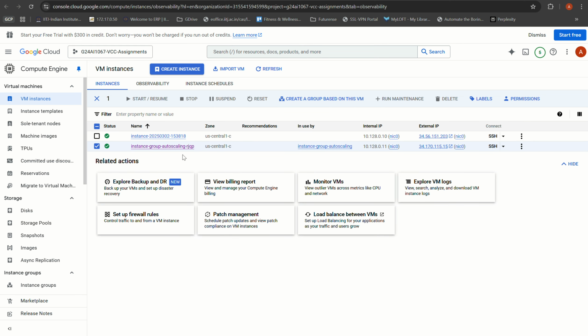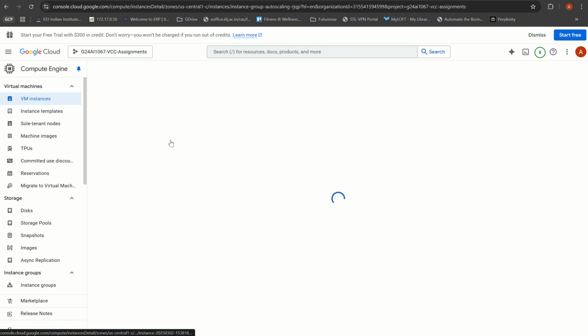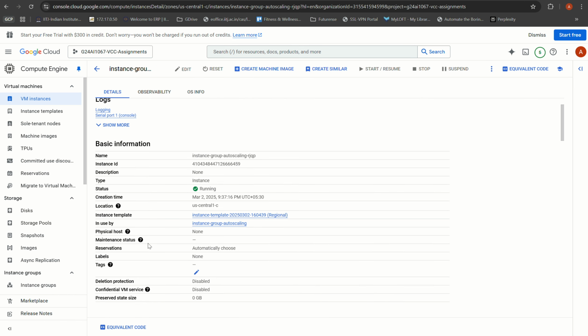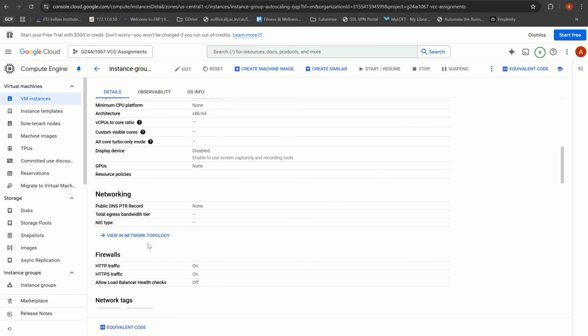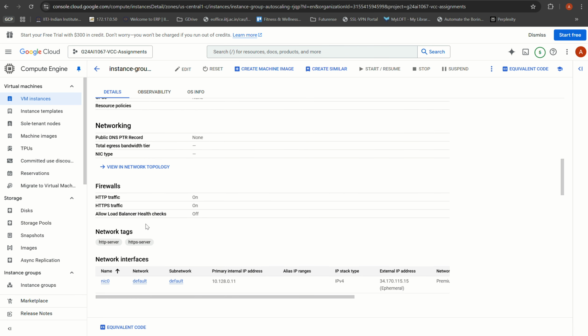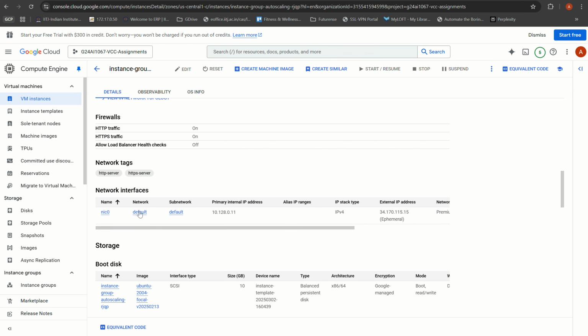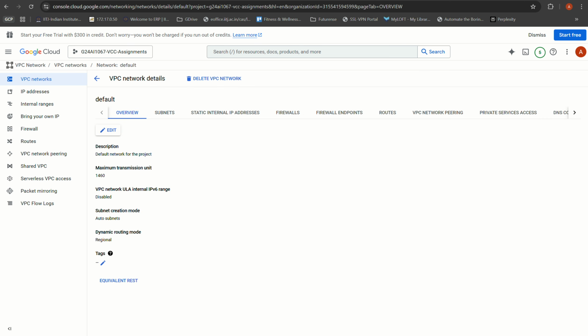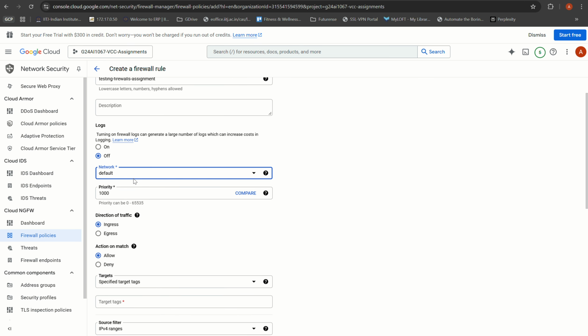See, one more instance is down because it has been auto scaled down. So you can see both the instances that were created are using the default network. This is the network interface, and this is the network that is being used, the default one. So we will be working on that,